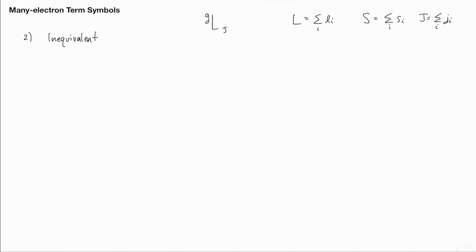So what do I mean by inequivalent electrons? This is going to be shells that look something like, let's say, 1s1, 2s1, right? We have two electrons. They're in partially filled shells, right? It's 1s, we only have one electron in the 1s, and you have one electron in the 2s. So neither of them is fully